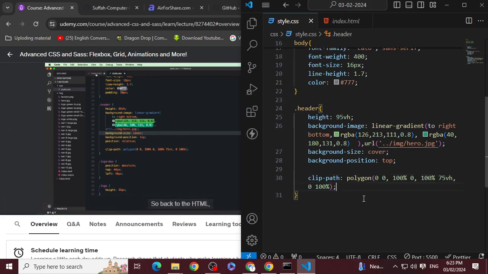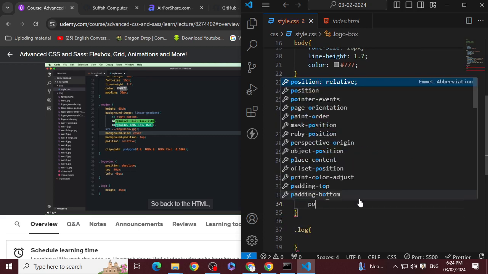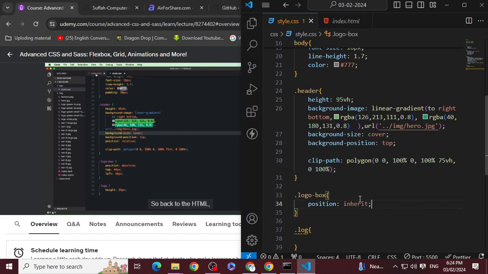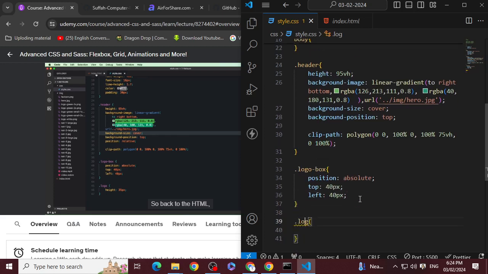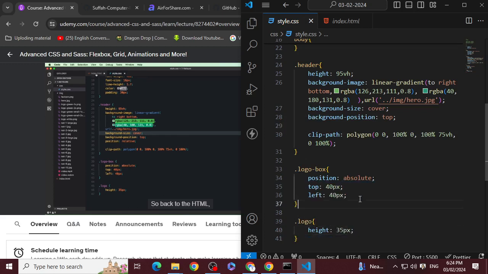तो उसने एक क्लास बनाई है, डॉट लोगो डैश बॉक्स, और एक क्लास बनाई है डॉट लोगो, पोजीशन दे दी उसको। अच्छा कर देता हूं। और उसने टॉप दिया 40, हम भी 40 दे देते हैं, और लेफ्ट। इस वाली एक्सरसाइज में टाइम लगेगा, लेकिन आप लोगों को बहुत सारी चीजें समझ आ जाएंगी इसमें, इसीलिए मैंने ये चूज किया है। हाइट 35 पिक्सल्स रख दी, सही है।